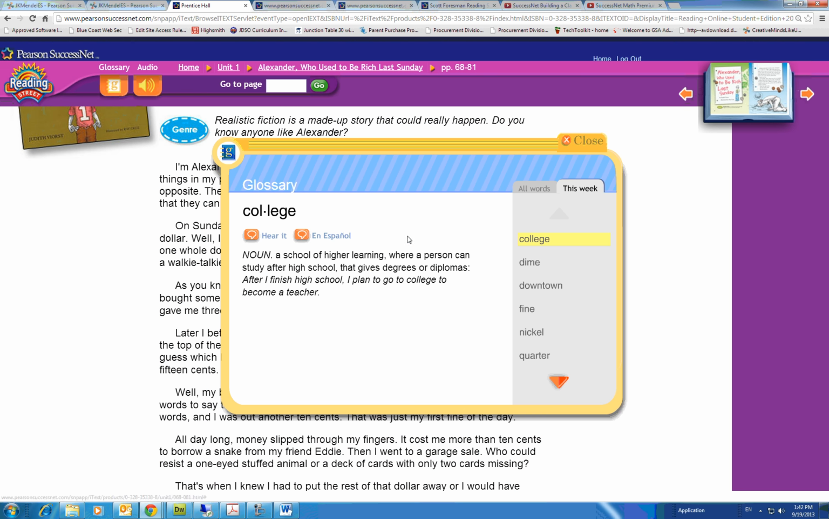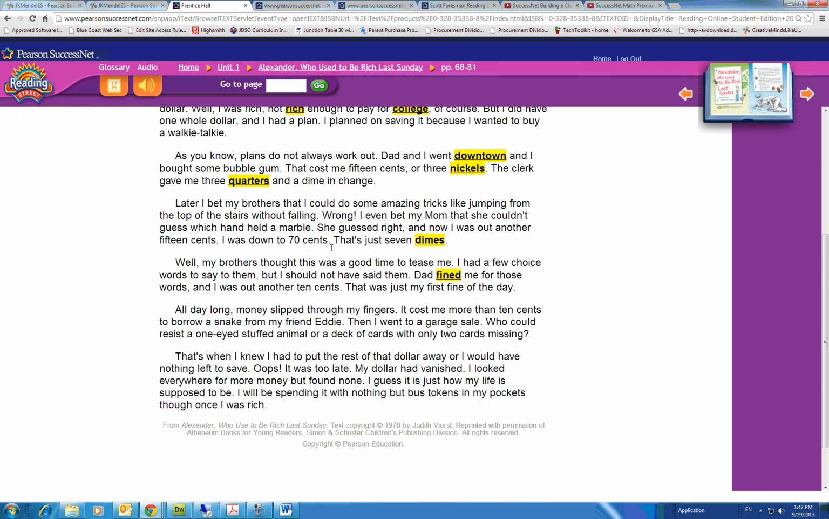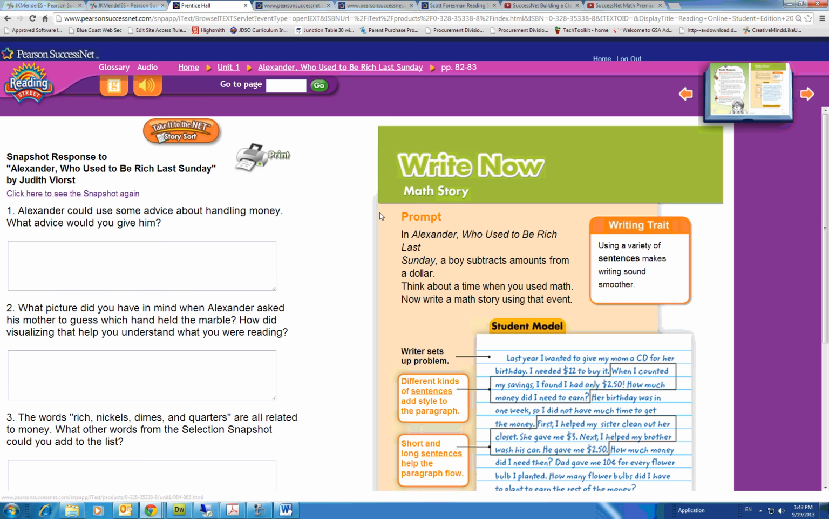Words that are highlighted will actually bring up a glossary, and they can hear them and can see the other words in the glossary that show up this week in the textbook. We can close that. It does have audio, so it will read aloud, which is a nice feature to share with your students. As we scroll through the book, as a student might, they might come